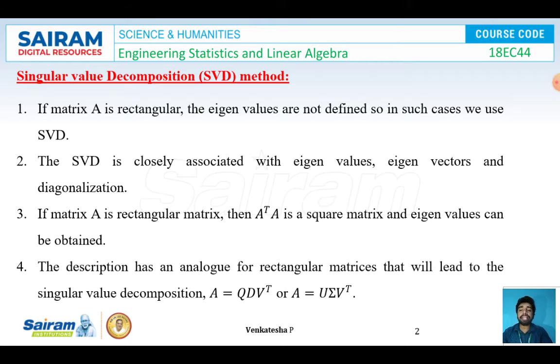The first step in this concept is we'll be finding the A transpose matrix and multiplying A transpose with the matrix A to get a square matrix. After getting the square matrix, we can find the eigenvalues and eigenvectors. And also we'll be finding the diagonal form of the A transpose A matrix, with a decomposition D. And to find the matrix A again, the formula we'll be using is A is equal to Q D V transpose, or A is equal to U sigma V transpose. Now we'll see how to find this Q, D and V transpose.